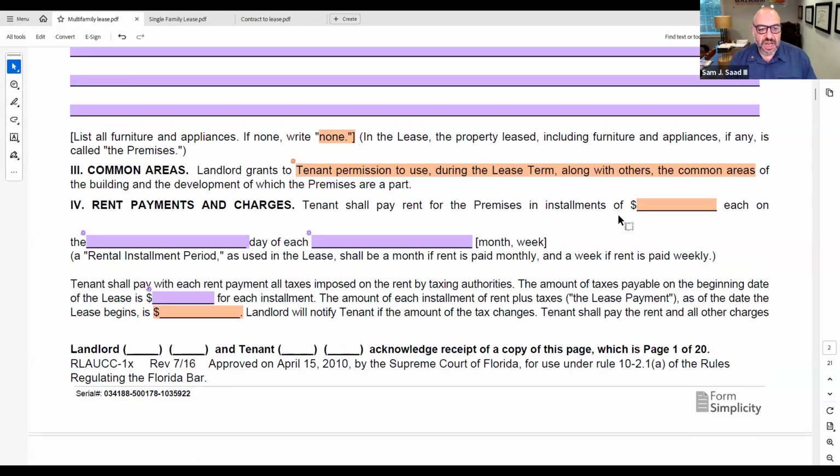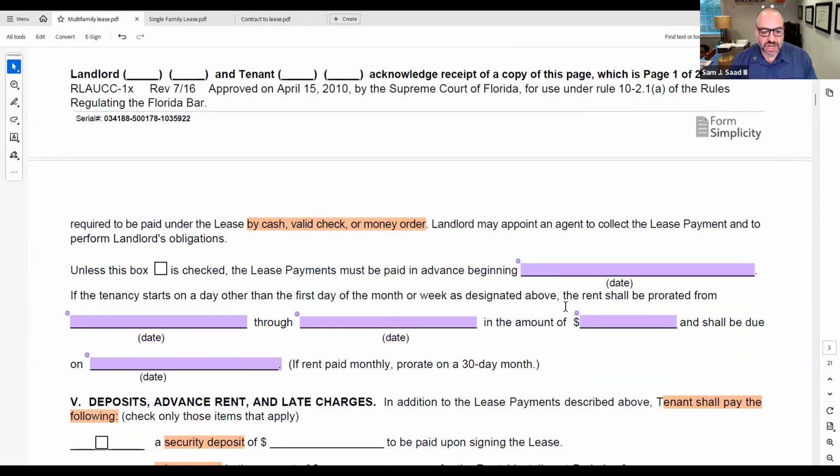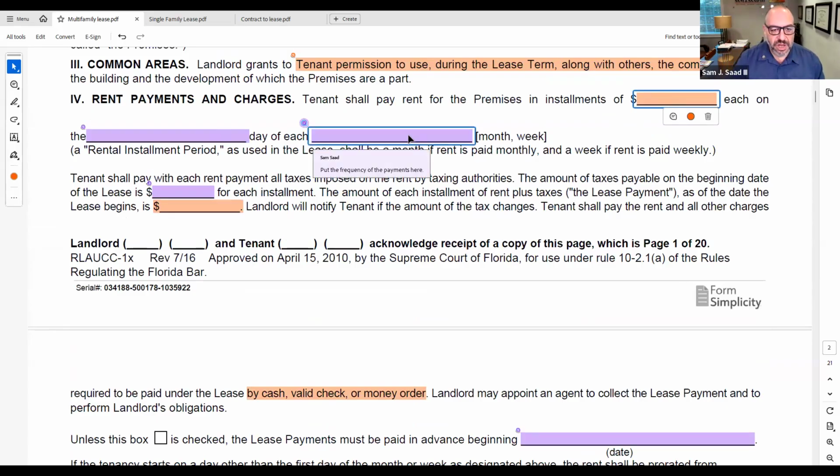And then up next is the rent and the rental charges. This is a kind of a long section here, so we'll go through this, deposits and rents. And basically you put the amount of the monthly rent here. And that goes in this blank. When is it due? Week or month? Typically, the rental installment period is monthly. However, it can be weekly. For short-term rentals, usually you pay the entire amount up front or break it into a couple of payments. Again, this lease doesn't contemplate that scenario,